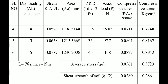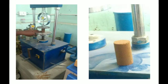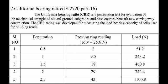California bearing ratio test. The California bearing ratio is a penetration test for evaluation of the mechanical strength of natural ground, subgrades and base course beneath new carriageway construction. The CBR rating was developed for measuring the load bearing capacity of soil used for building roads. Here I have a table,